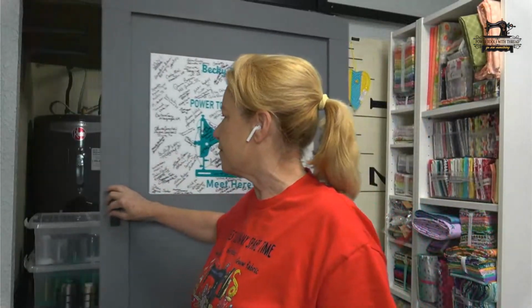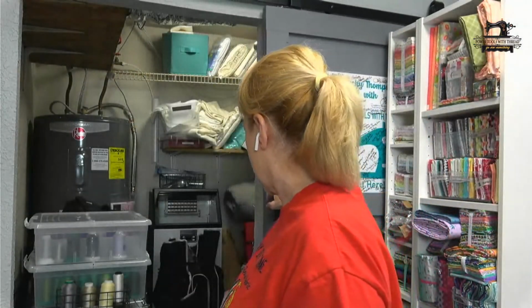And that's the way this room stayed until about 2-3 years ago. I think 3 years. Is that how long it's been? February would be 3 years that I converted this room into my sewing studio. So it's 422 square feet. A lot of room to get lost in, and a lot of room for things to get lost in. And back here, I was trying to think of the size. I didn't measure it. I put it at